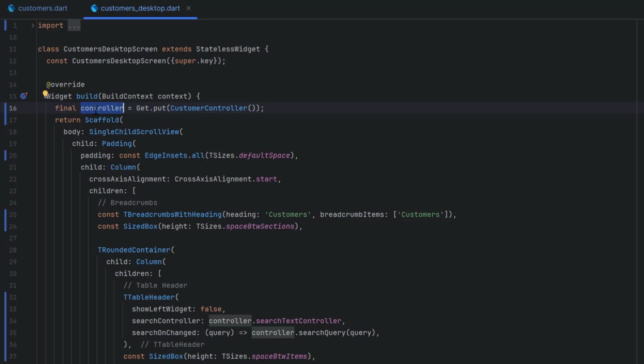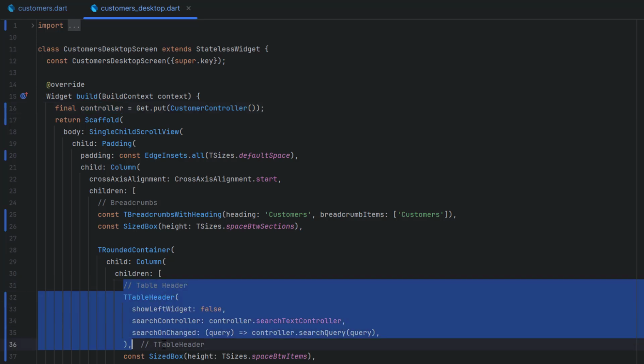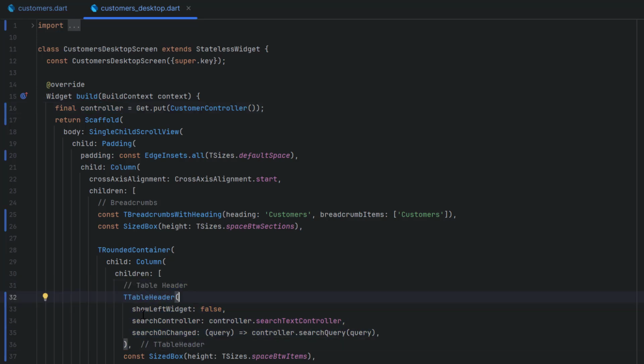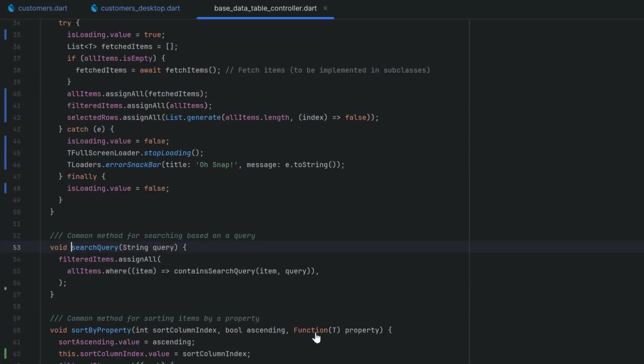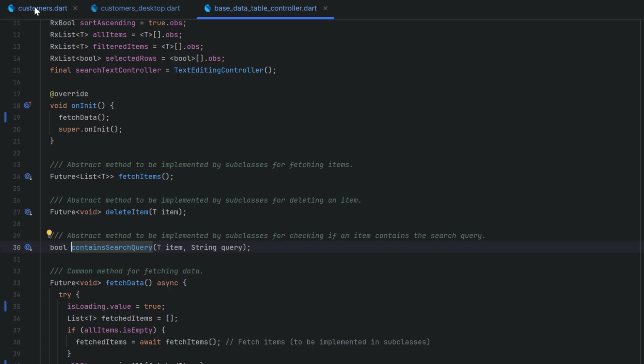So we have this controller over here. Based on that controller, we are going to call the T table header. It is for the search feature, and we have to pass search controller, search text controller, and search on change. We have to call the search query method. This method is inside the abstract class, and this search query function is implemented by its child class,